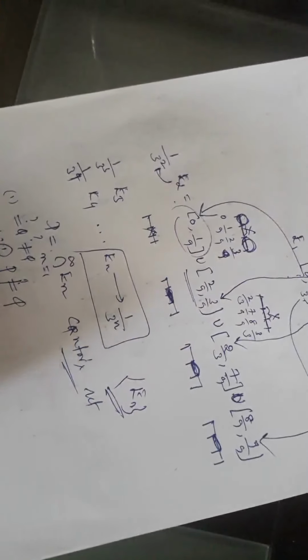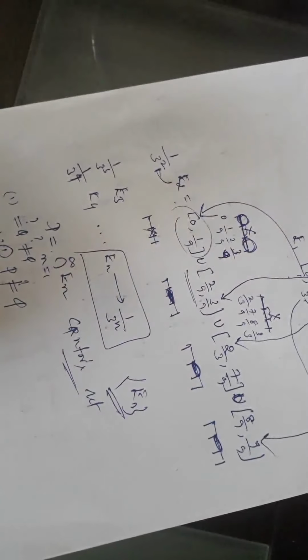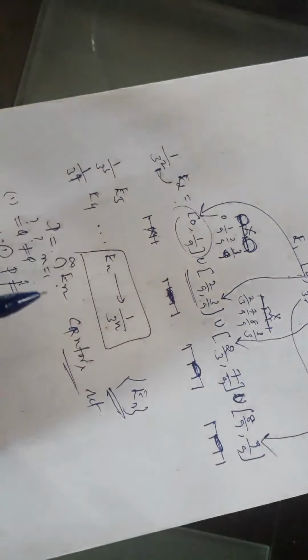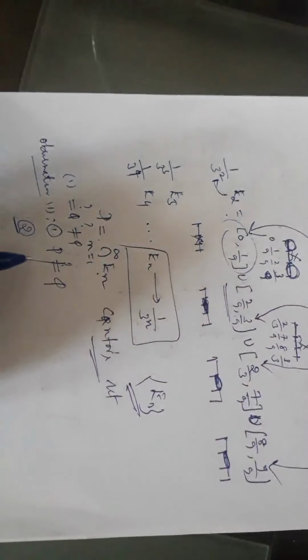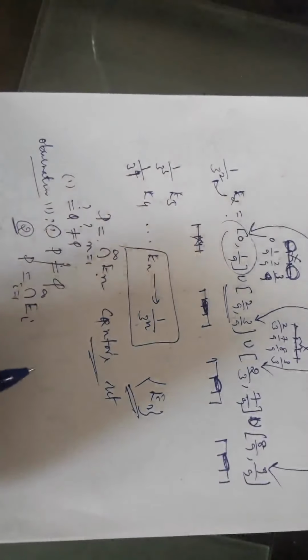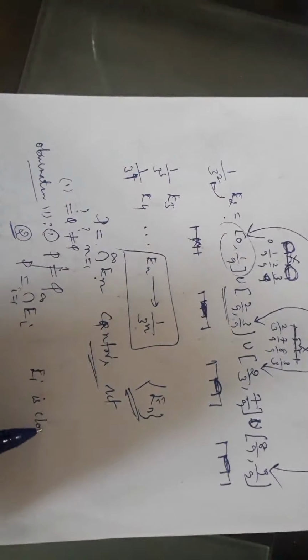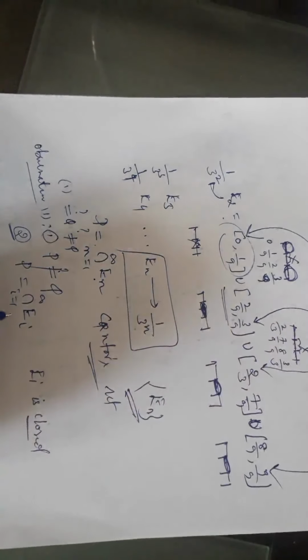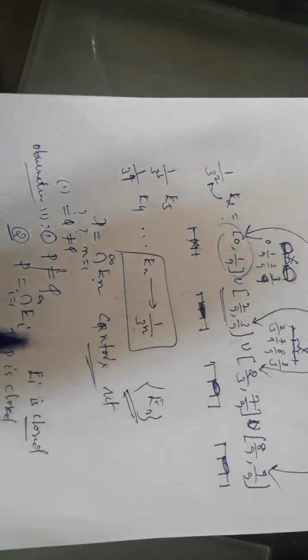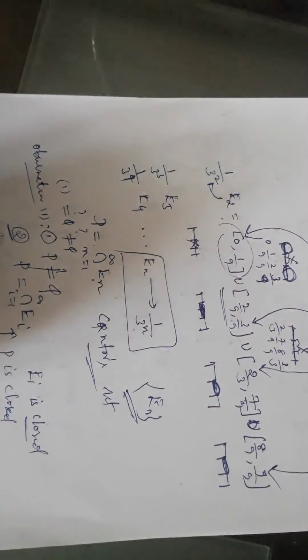First observation. Observation 2 is each E_i is closed. Right? P is the intersection of E_i, i varies from 1 to infinity, and each E_i is a closed set. Being an arbitrary intersection of closed sets, that is closed. So P is closed. Observation 2 says P is closed. Observation 1 says P is non-empty. So P is a non-empty closed set.